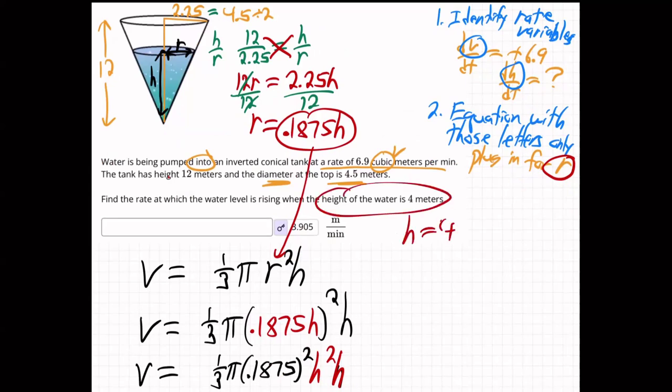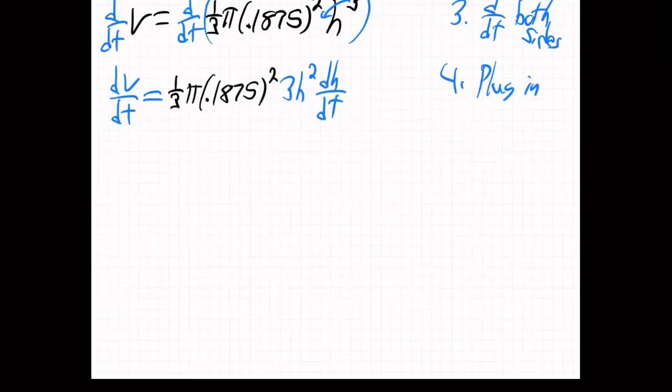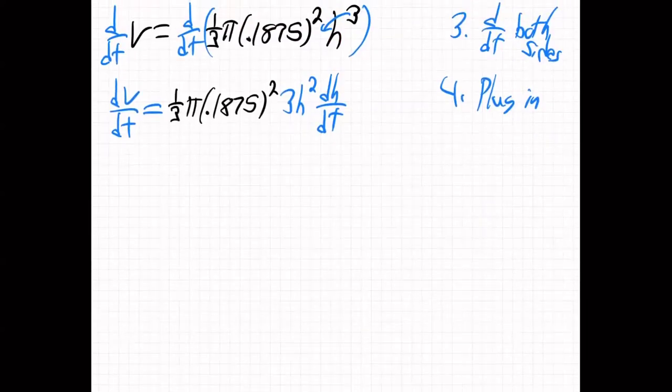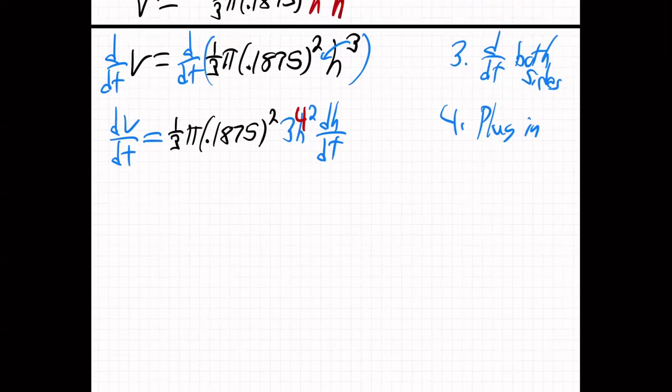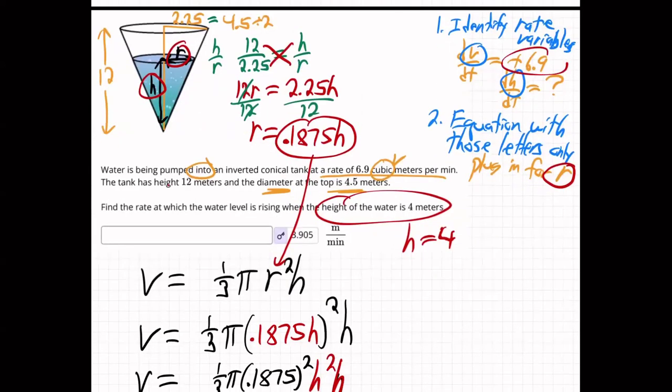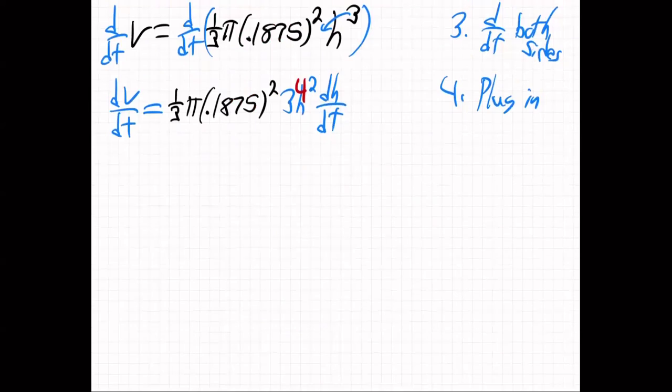Remember, the R and the H we're using are the height and the radius of the water. The overall height of the cone is 12 and the radius 2.25. When we refer to H and R, they are the height and radius of the water. So the height of the water is H, which is 4, not 12. So plug that into that. There's 4. And dV/dt, I think we know, don't we? Yeah, dV/dt is 6.9. So we've got 6.9 equals